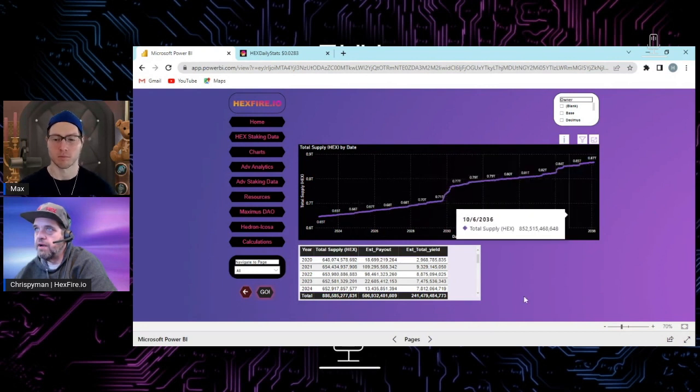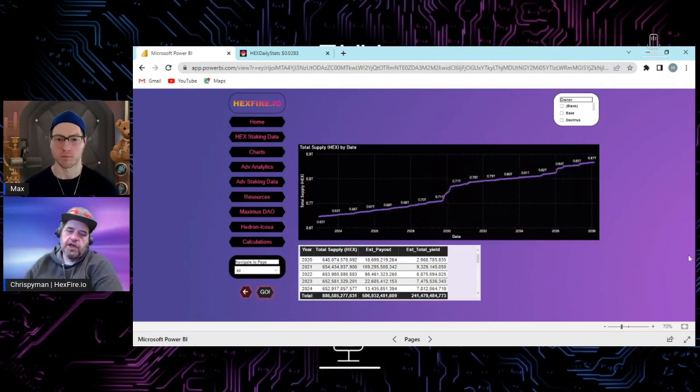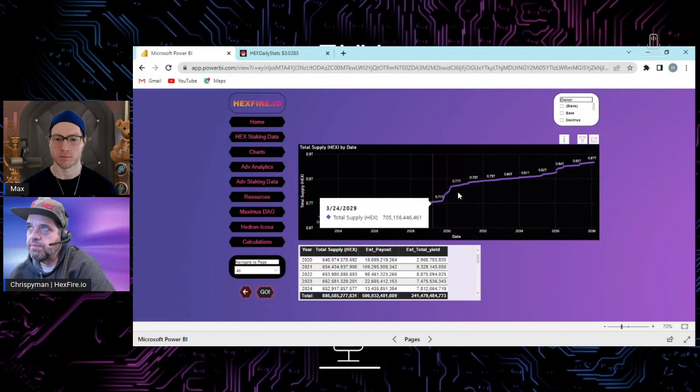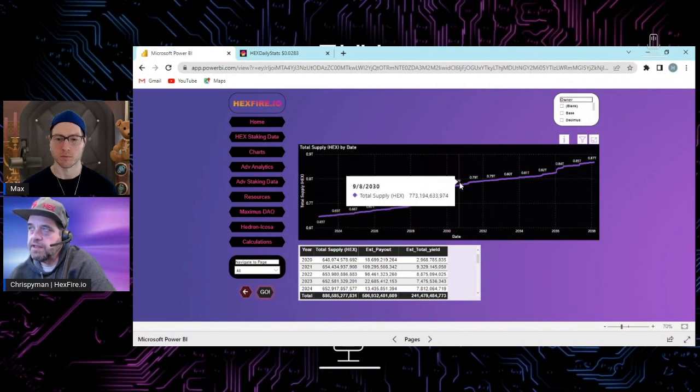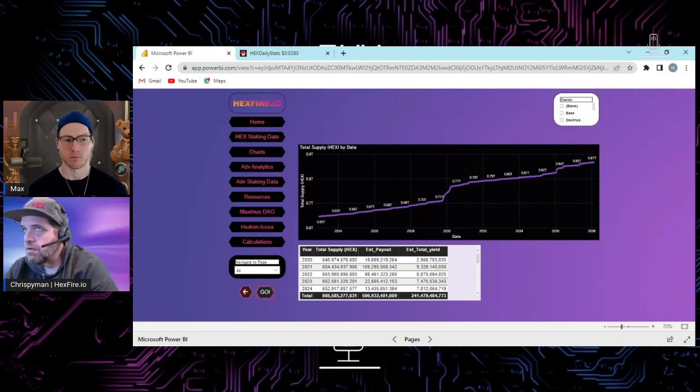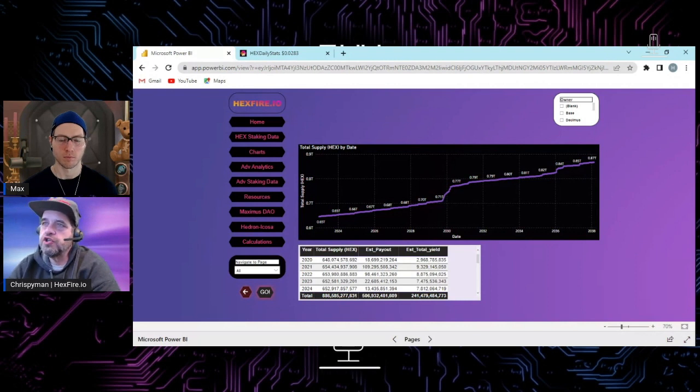As those come out, and the percentage change, other than we know that this big 29 to 30 is going to be a big period of time because it's like the 10-year anniversary of launch. On average, it's less than 2% per year in terms of increase in circulating HEX and in supply, because you just don't realize it all because so much of it's pushed into the future.